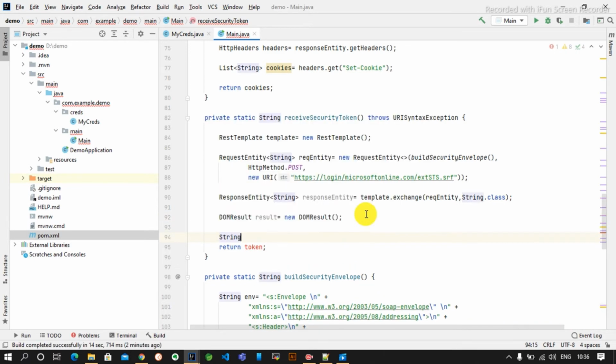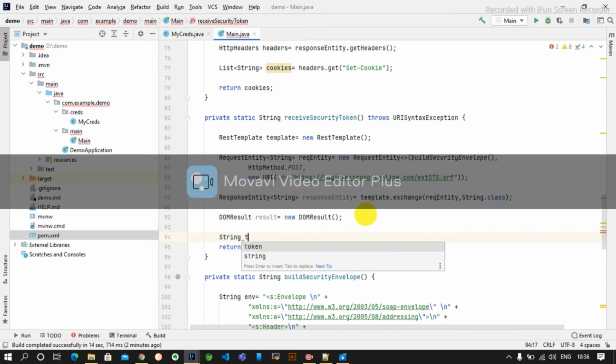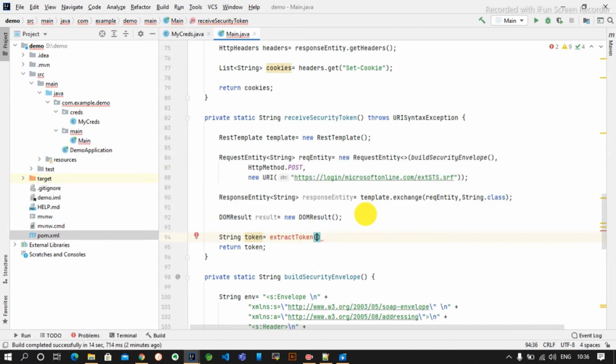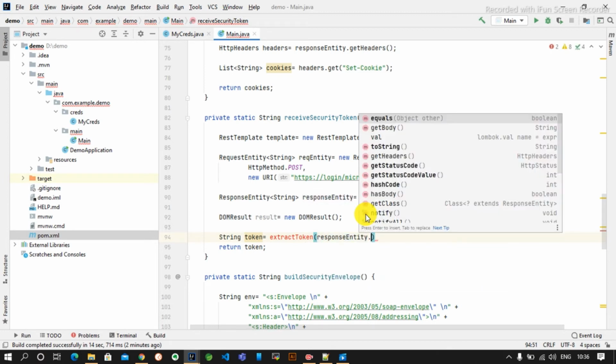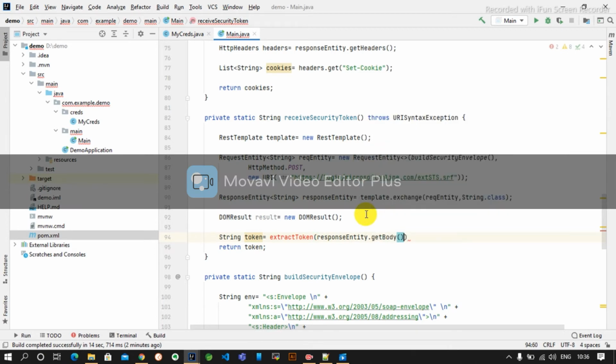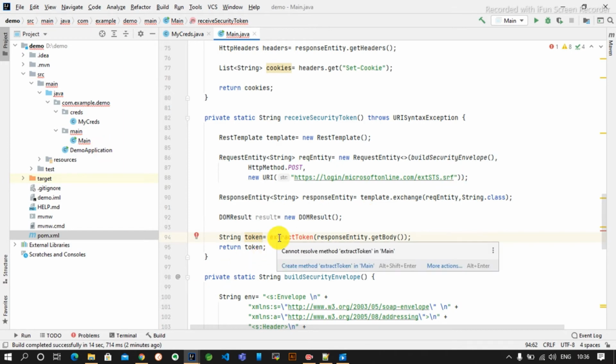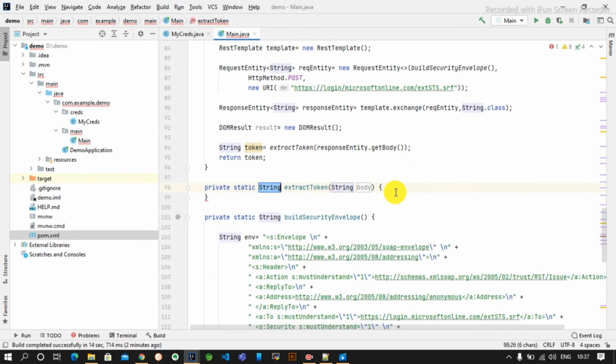Then we will use this string token is equal to extract token, response entity dot get body. Okay, let's create this method. Let IntelliJ create this method for us. It will extract the token.